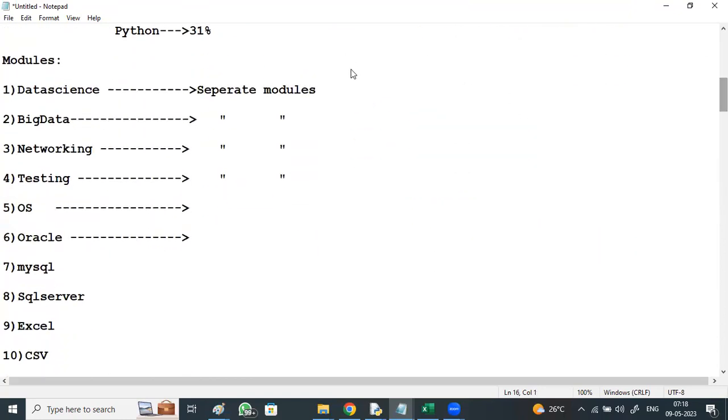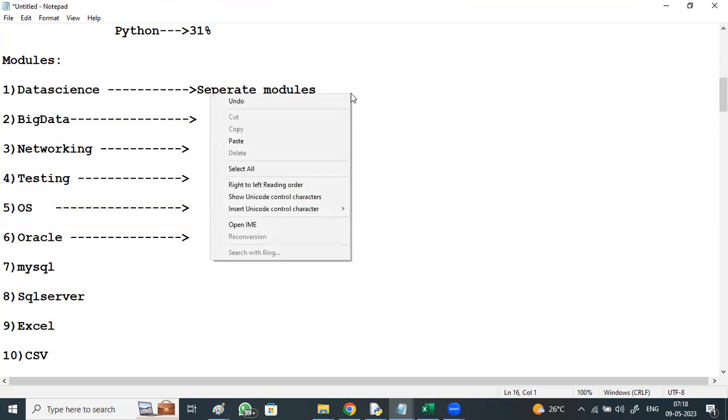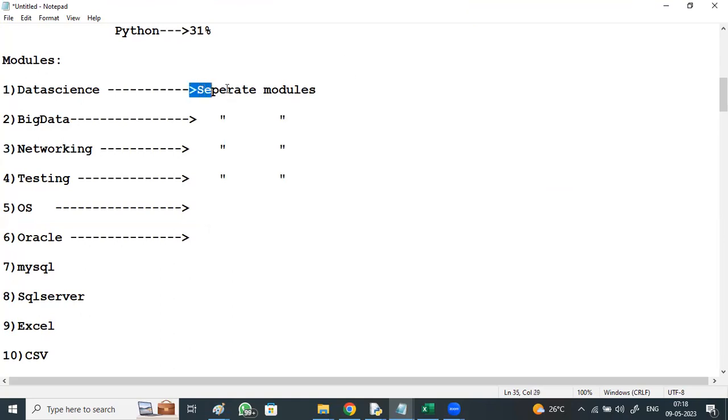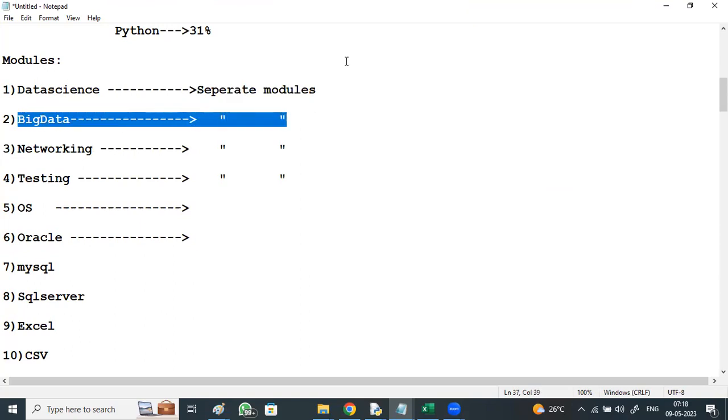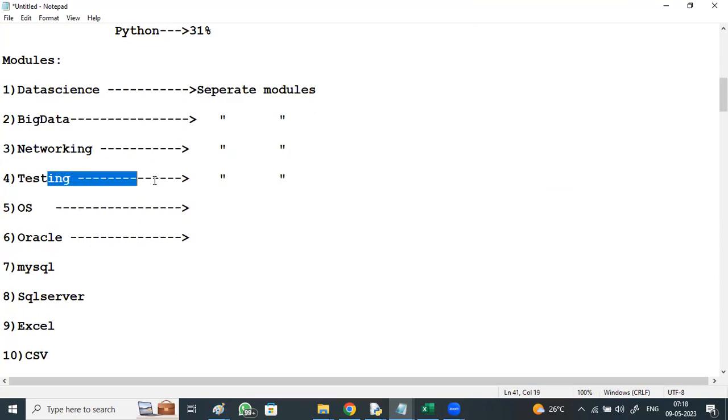See, for data science, it is providing separate modules like NumPy, SciPy, Pandas, Matplotlib, Scikit-learn, right? Big data has got separate modules. Python is providing modules for networking, for testing, for operating system. For OS, the name of the module itself is OS.